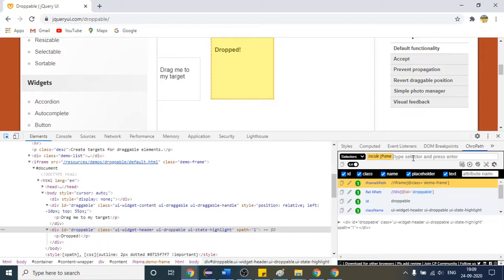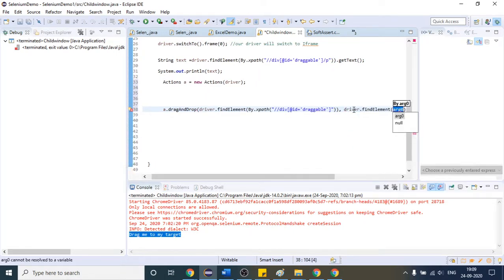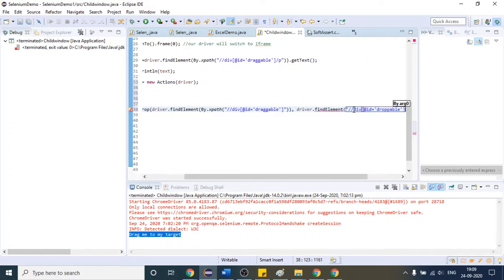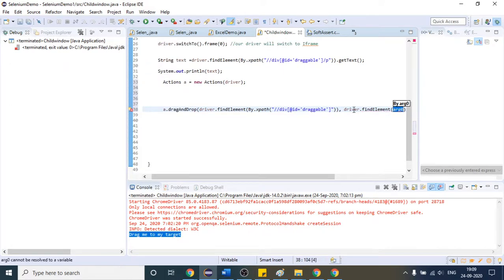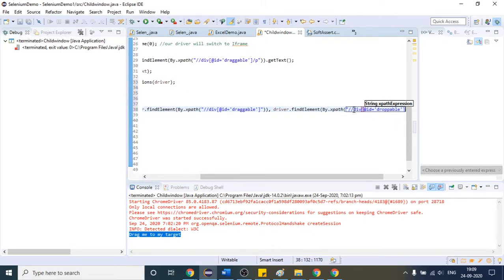Okay, if I copy this, cut this, and then again come here, then inside here as well, on the target, I will write the XPath, or you can use CSS as well, or any other locator as you want. So this is our XPath. How do I have to find? With the help of XPath, and I will provide the XPath. But you can see that it is looking very messy, right?